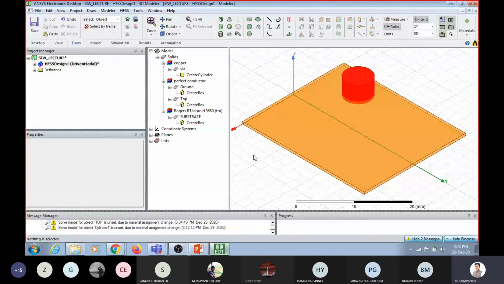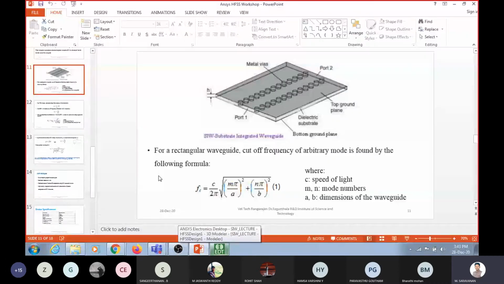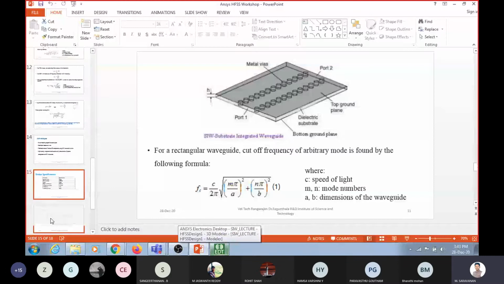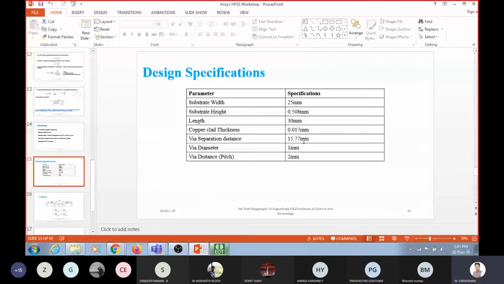This is very important. As I told you earlier, what is the thickness of the via? Copper clad I finished. The via is 1 mm in diameter and the distance between vias is 2 mm.